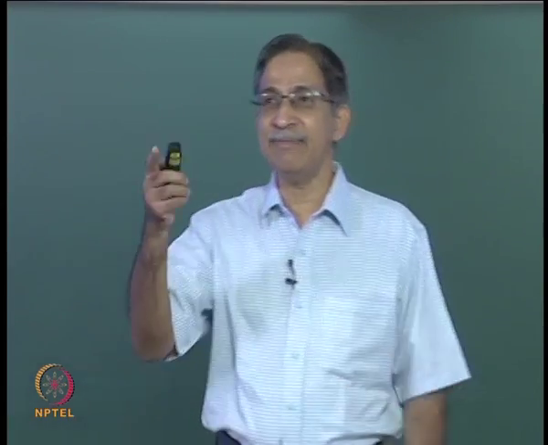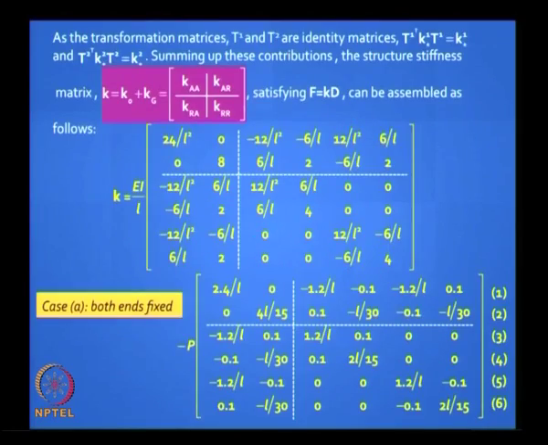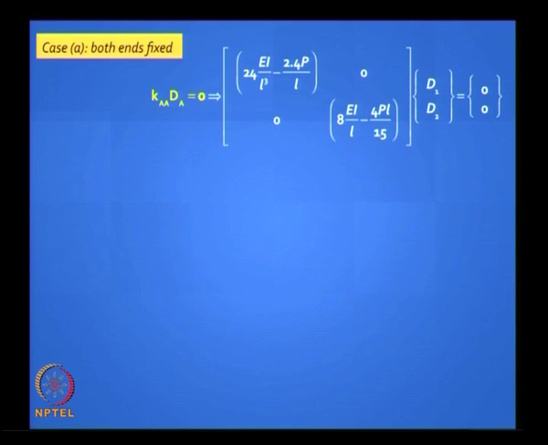and you can see very clearly why the determinant should be 0. If you go back to case A, look at the top left hand corner, KA is that portion on the left, and for the secondary it is minus P into that portion. So it is going to look like this, and if you expand it, that is the equation you get when you write down the equilibrium equation, because there is no external load acting on it. P is a load which is implicitly there, but there is no F1 and there is no F2, it is just an axially loaded column.